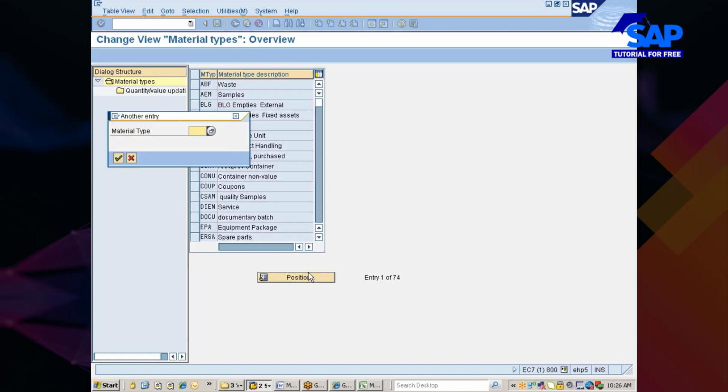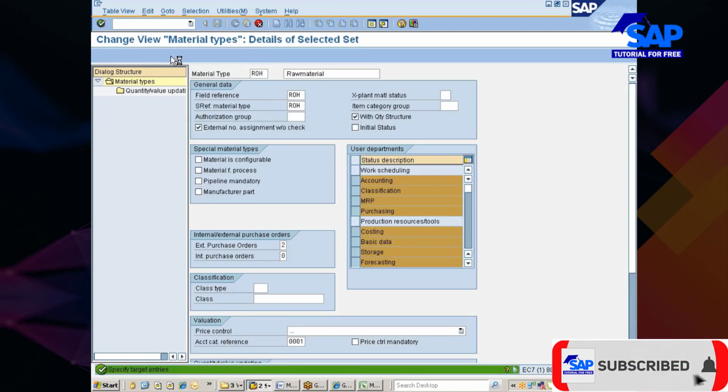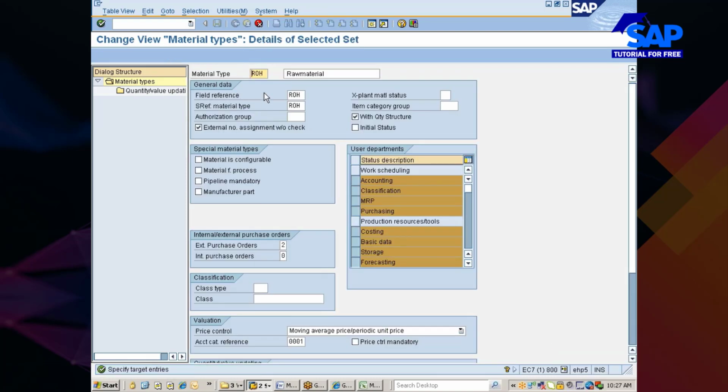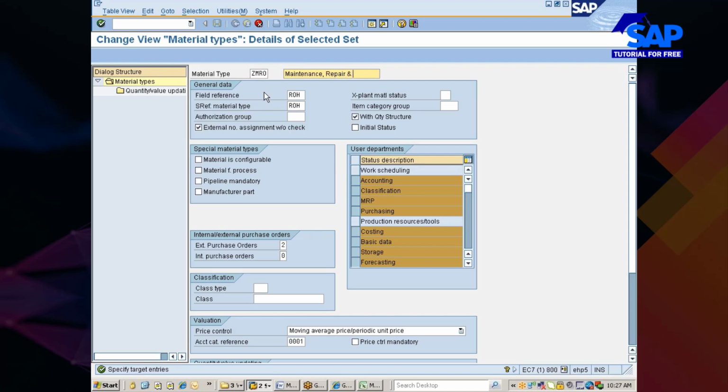For the time being, I'm going to refer to ROH, raw material, and I'll copy it to create my own material type, CMRO, maintenance, comma, repair and operations.